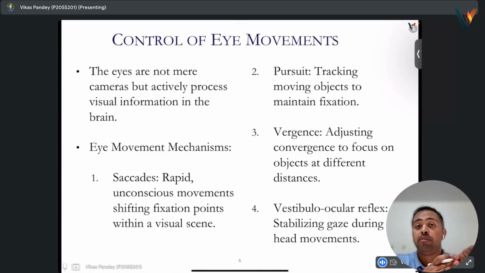The reflex is very similar to the reflex that we studied in our spinal cord part, right? Where some reflexes were there. Here, this is due to, you can say, a gyroscope kind of structure that takes care of how we are moving, and so the reflex occurs that even if my head is moving like this, the eye remains the same. Okay,